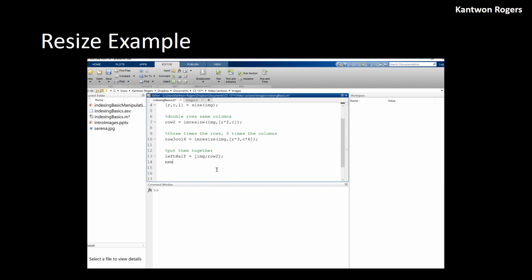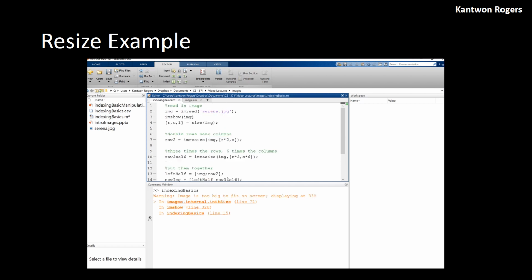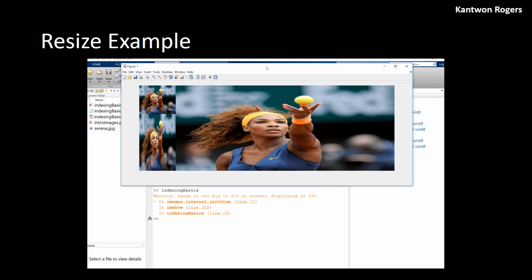Then my new image will be my left half concatenated with the entire right half, and the right half will be my image that has 3 times the number of rows and 6 times the number of columns. So we'll do row3col6, that's what we had done. And now if we were to imshow new image, if I can type correctly, let's run. And boom,